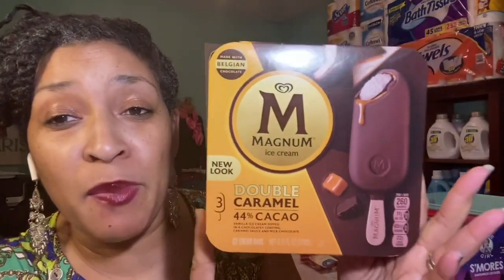Oh, the next 3 rebates, guys, were not Ibotta rebates, but they're amazing deals. The first one was the Magnum ice cream bars. This is the double caramel, guys. Looks so good. It was priced